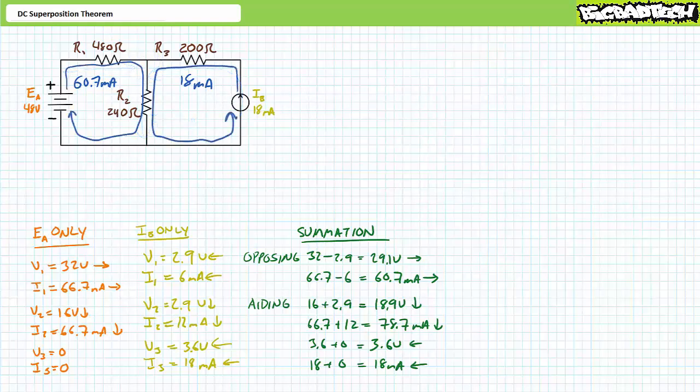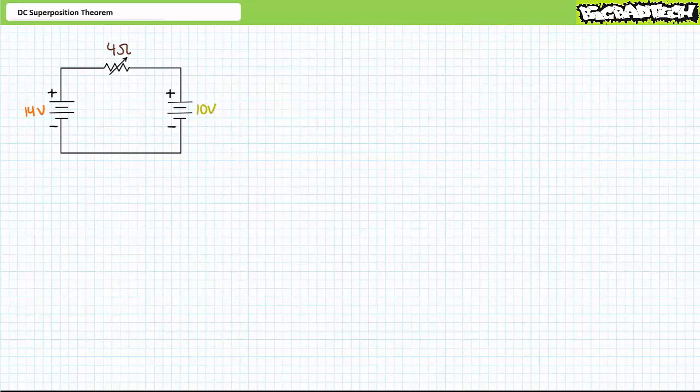Ultimately, voltage source A is forcing 60.7 milliamperes of current in a clockwise loop in the following fashion, and current source B is forcing 18 milliamperes of current in a counterclockwise loop in the following fashion. And R2, the shared element in both these loops, experiences both currents in an aiding fashion. It makes sense. Before we bring this lecture to a close, allow me to demonstrate a practical application of the